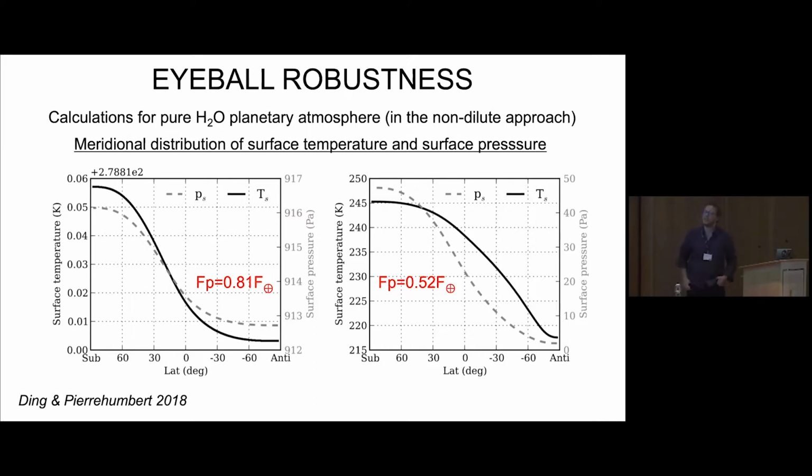And these are some results that have been published recently by Ding and Pierre Humbert in 2018. They actually showed, on the left diagram, that if you do a simulation of a pure steam atmosphere, you would expect, because of the way that kind of planet transports heat through latent heat exchanges between the day side and night side, to have a planet that is almost completely isothermal. That's what you see, the numbers on the y-axis are almost the same. The planet will be completely isothermal. So that will somehow kill, for planets that are below a threshold at which the water should be in the ice form, this idea that eyeballs are robust.